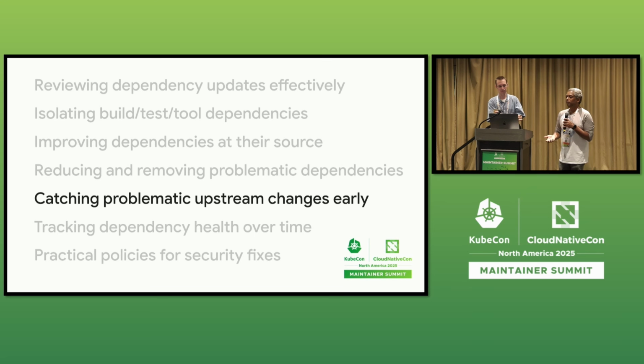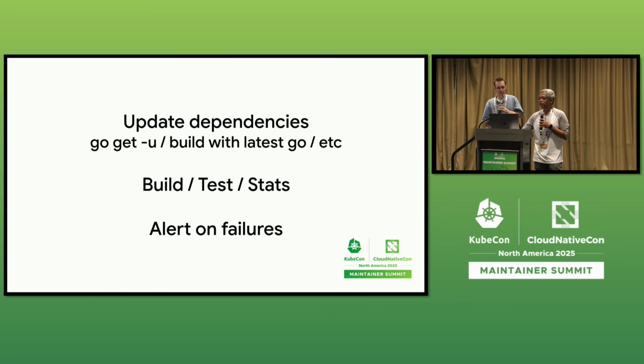So we needed a bunch of things to understand. First, that there is a problem, and second, as early as possible, so we could go back and engage with those teams upstream that we are using and tell them, hey, can we work with this? Can you come up with a solution? Or can you guide us on what is the preferred solution that you would like us to do, kind of thing. So what we have today is a set of CI jobs.